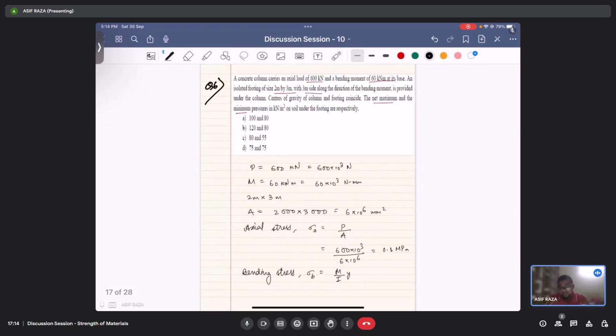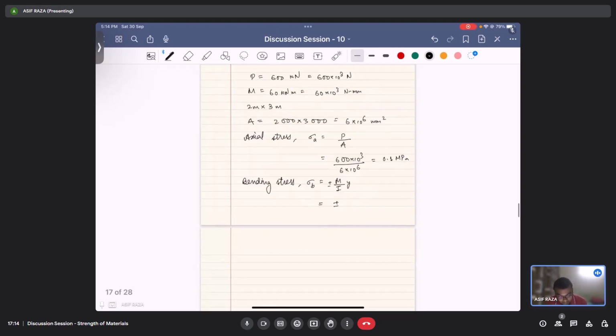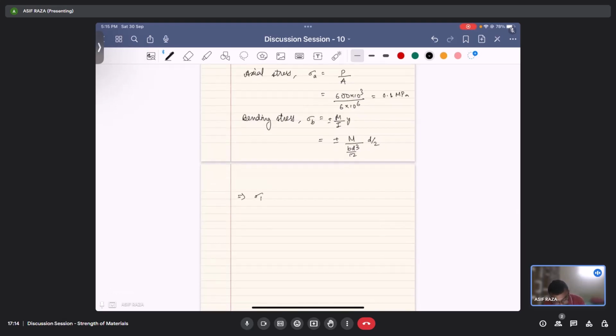Now to find the maximum and minimum pressure, this will be a plus-minus kind of thing, because at one side the bending stresses generated would be tensile, and at the other side it will be compressive. So the plus-minus would be there, and the bending moment value, okay, M, let's write bd cube by 12, and this has d by 2. The sigma b is plus minus M